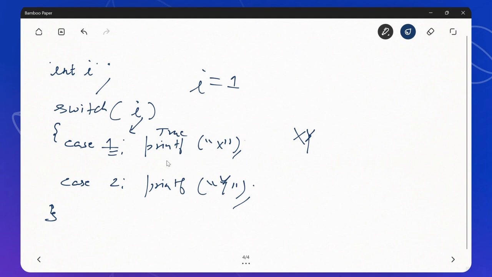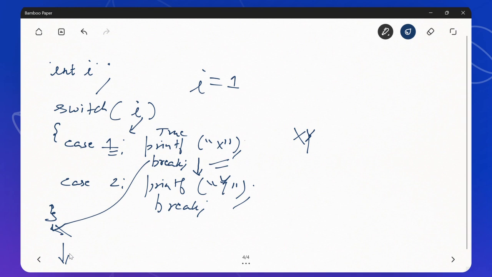Because by default in switch case, remember this thing, when a case becomes true, I is equal to 1, case becomes true, it executes all the cases below. जितने भी केस ट्रू मिलने के बाद मिलेंगे वो सबको एग्जीक्यूट कर देता है। तो ये तो फ्लॉ हो गया, आंसर एक्स आना चाहिए था पर एक्स वाई आ गया। तो इस चीज से बचने के लिए हमें क्या करना पड़ता है, हर केस के बाद एक ब्रेक लगाना पड़ता है, ताकि जैसे ही ट्रू मिल जाए, ये केस ट्रू हो जाए, ब्रेक होके वो स्विच के बाहर आ जाए।